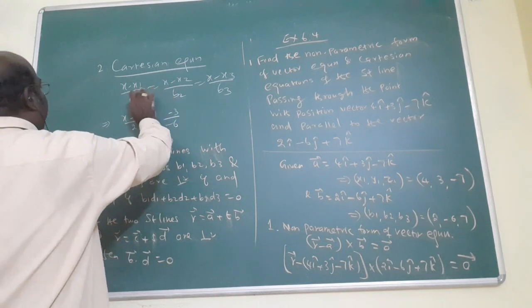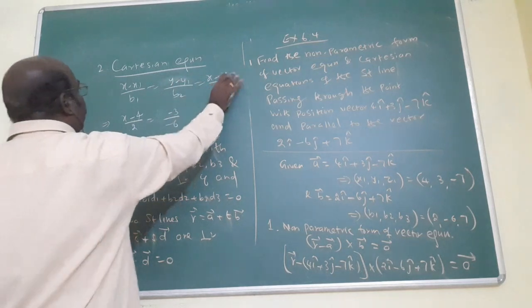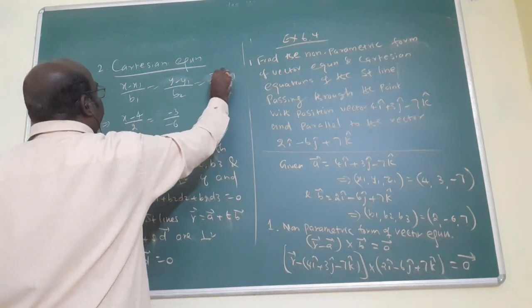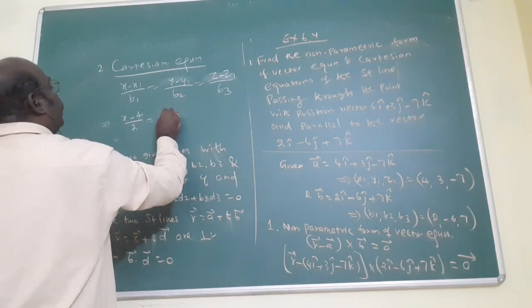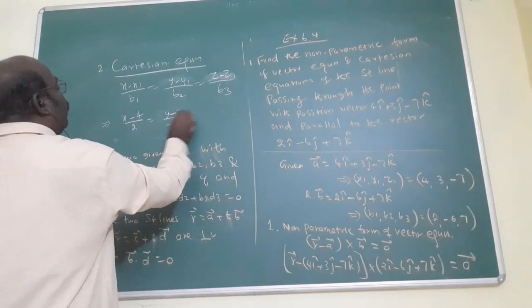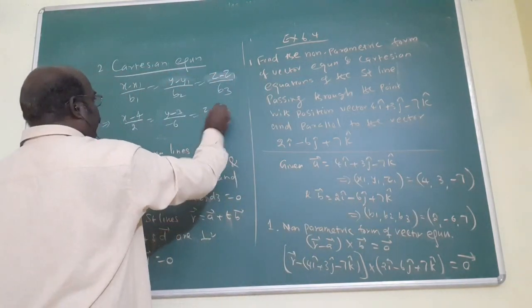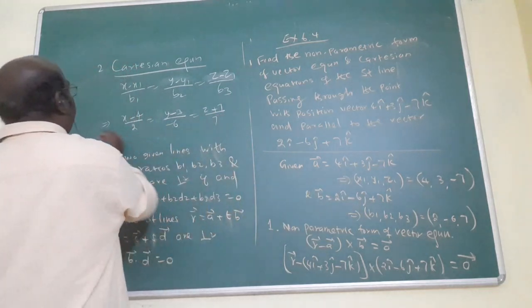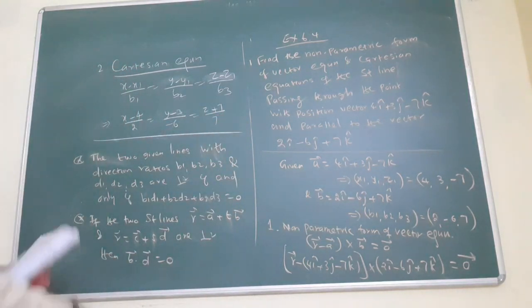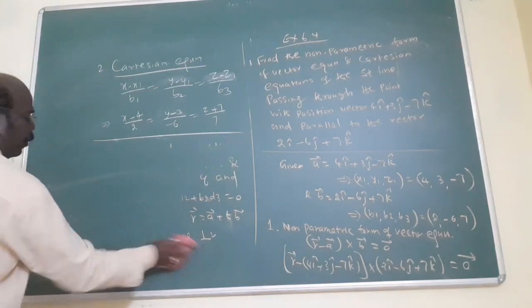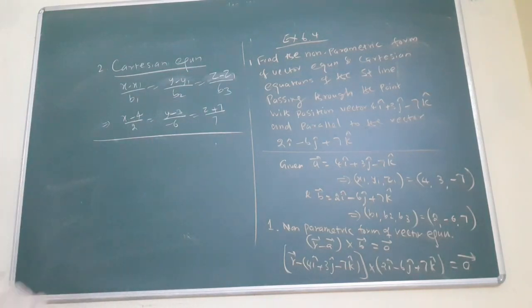What is the formula? x minus x1, y minus y1, z minus z1. So y minus 3 by minus 6. Z minus, the last one, minus 1, no? Minus 7, that is plus 7, divided by 7. That's all. Am I right? Very simple concept. Write the suitable formula and substitute the values, because all the values are given. For this set of 2 mark, 3 mark questions, you must know the formula. In exercise 6.4, we have 8 problems. Today, our target is to complete all the 8 problems.